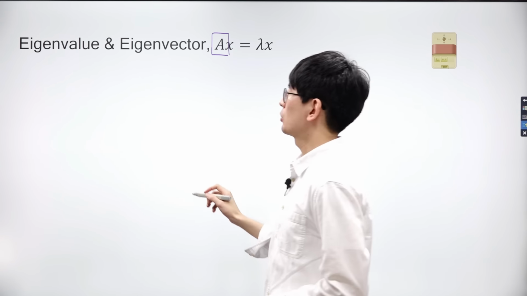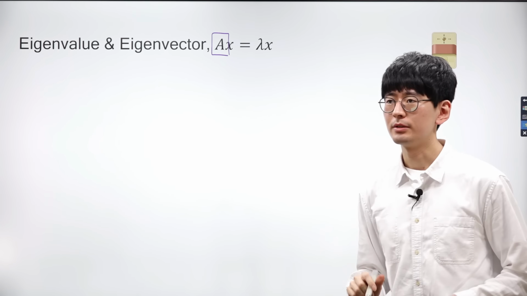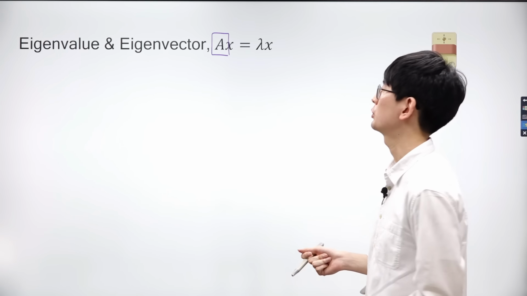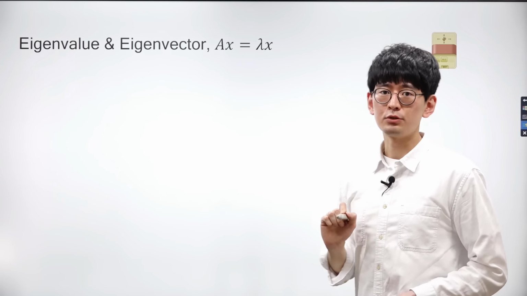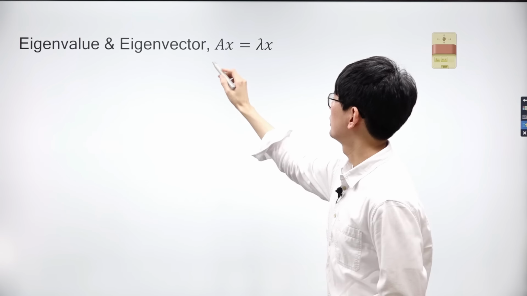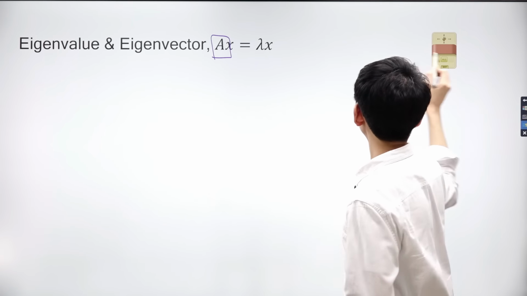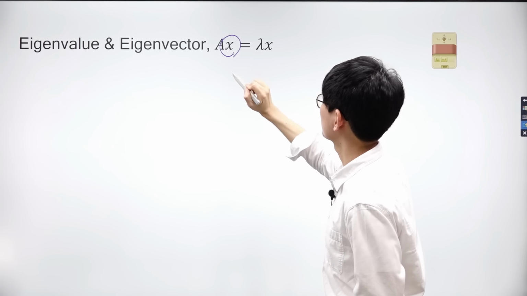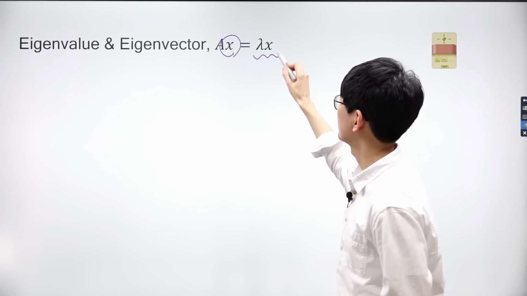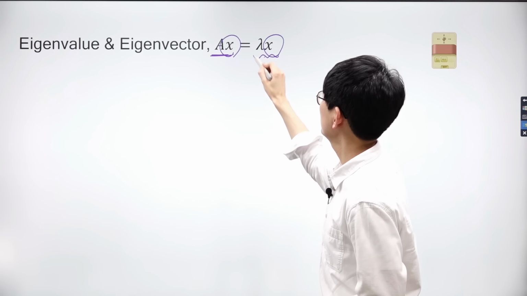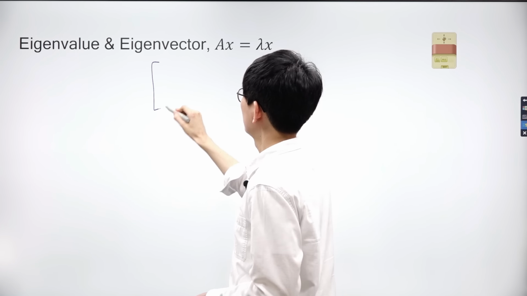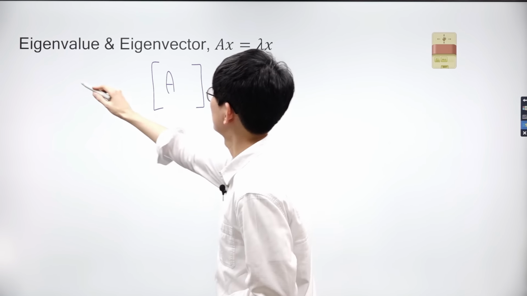Some of you may already be familiar with the formulas for calculating eigenvalues and eigenvectors, and you can easily find the calculation methods in a linear algebra textbook and other resources. However, in this lecture, we'll primarily concentrate on their geometric interpretations. Mathematically, an eigenvalue, often denoted by the Greek letter lambda, satisfies the equation Ax equals lambda x, where A is the matrix and x is the eigenvector. In other words, when you multiply matrix A by its eigenvector x, you get the same vector x back, just scaled by the eigenvalue lambda.